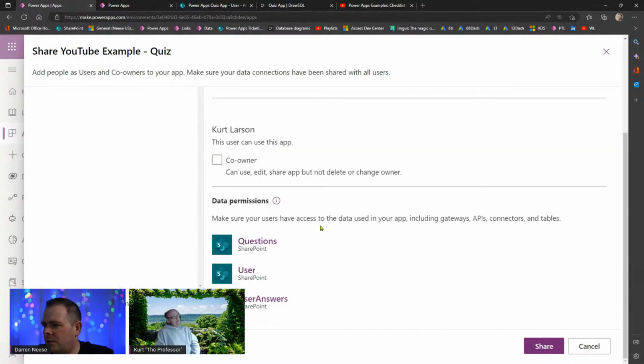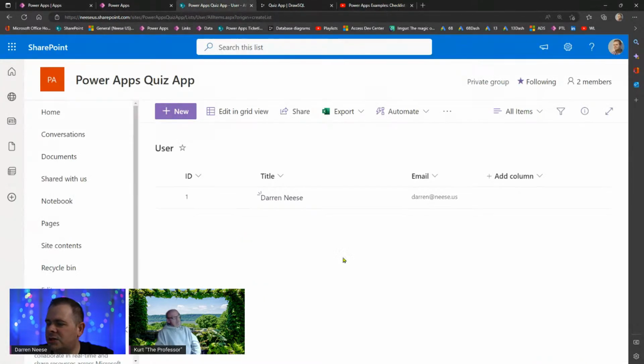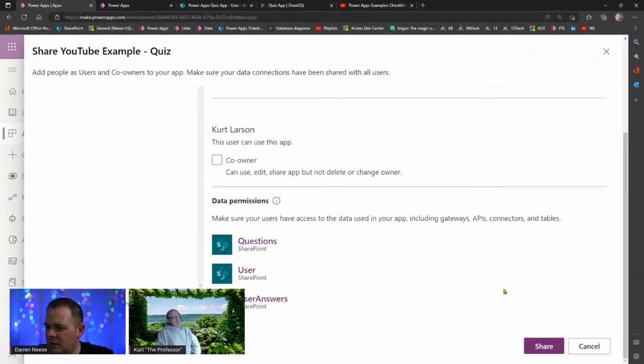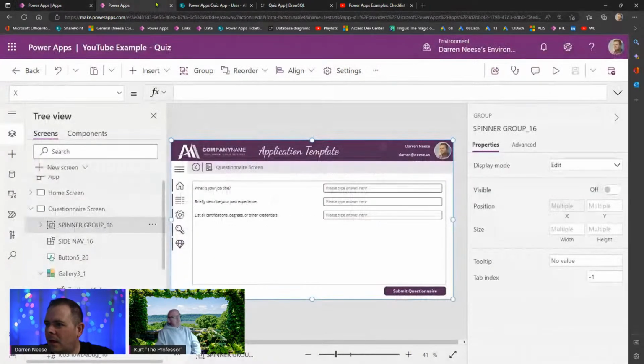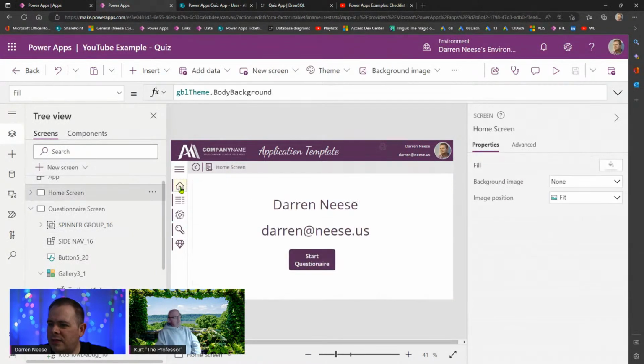And I'll add this so you can go in and actually use it as a user. And I believe I've added you as a member to this site, so you should be able to see the data. Okay. And if you don't mind, Kurt, whenever you get that email, you'll get a link to the app, of course. And just click on this button and let me know when you're done,